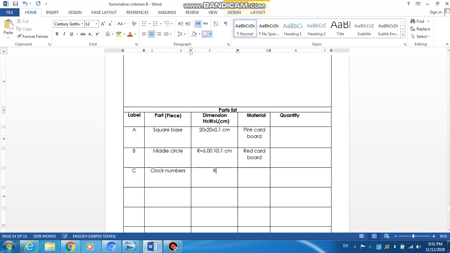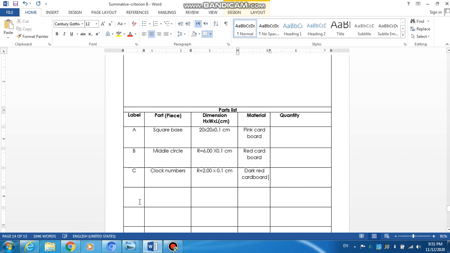So I write down radius equals 2 multiplied by 0.1, which is the thickness of the cardboard, and I write down that I'm going to use dark red cardboard. Tamam? Okay. Now I am done with the material column, the dimension column, the part piece name, and the labels